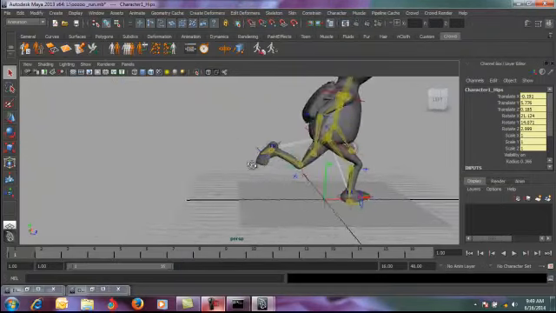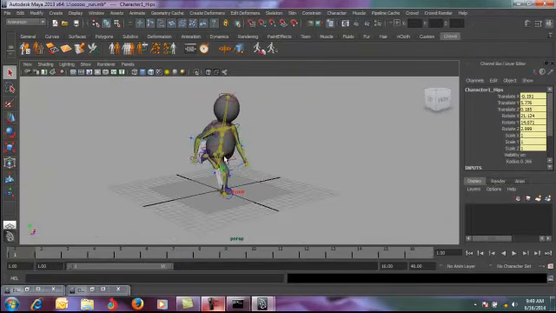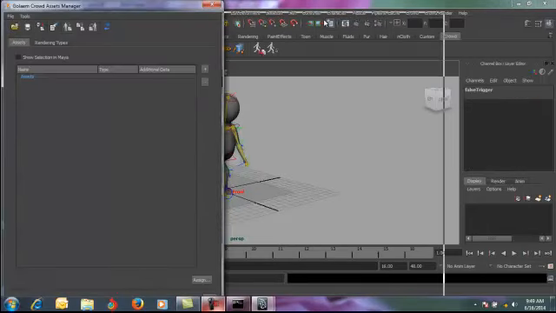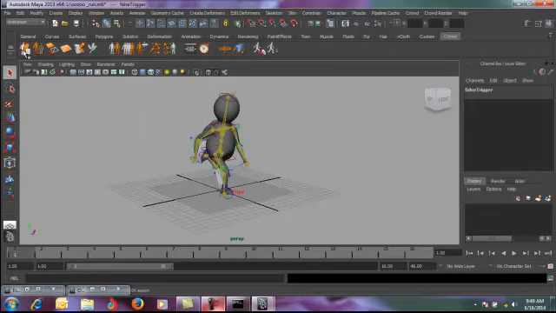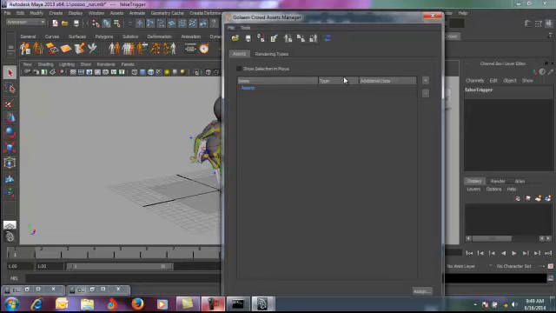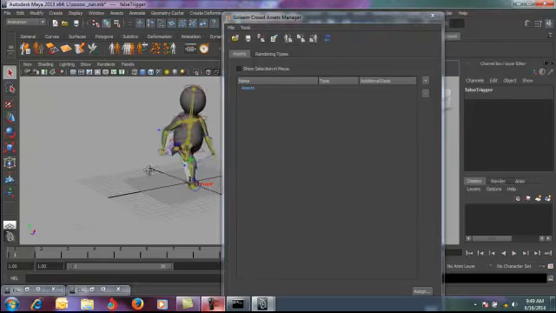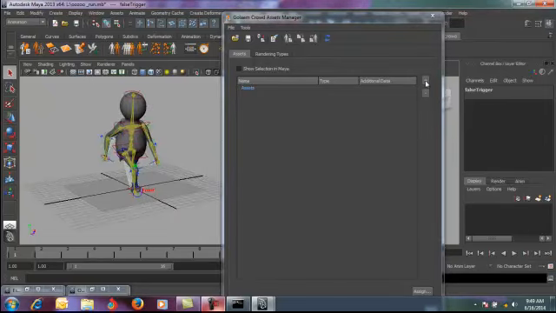Right. Now if you see here, there is one more form of file known as a crowd asset manager. It opens from here, the first click here, assets manager. Now what the asset manager does is basically tell what kind of mesh types are going to replace my crowd delegates. Okay, so what I'm going to do here is click on plus to add a new item in my asset manager.